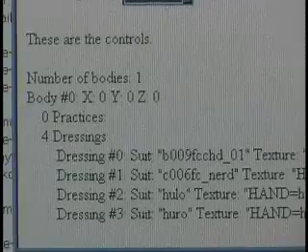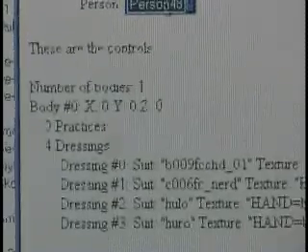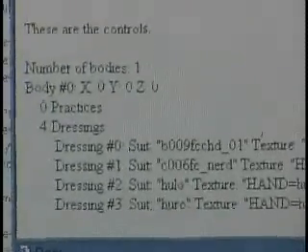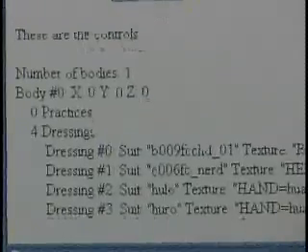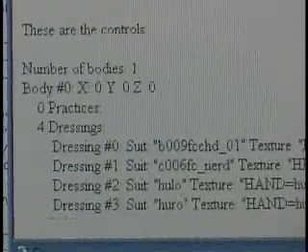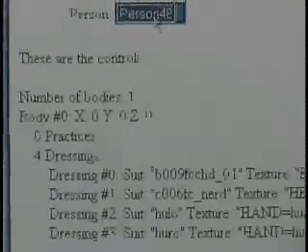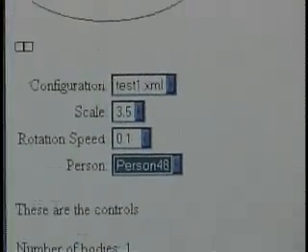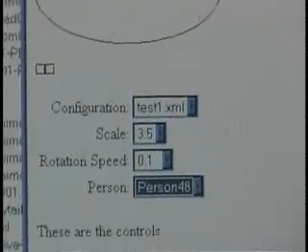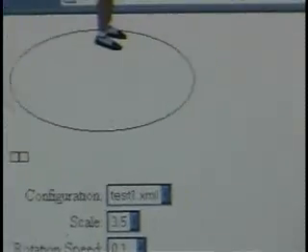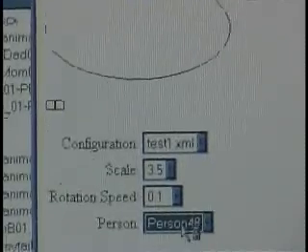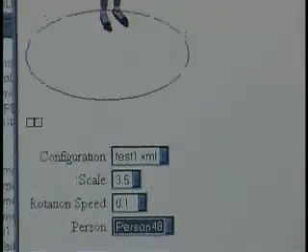Right now, the XML file's structure is displayed down here. It has dressings, which are things put onto the body of the skeleton. Those are suits. There's the hands, two hands, the head, and the body. And a practice is an animation that is applied to a skeleton. So a practice is a skill. It's like the remote control of a skill that's applied to a skeleton. And you can have several skills applied at once,